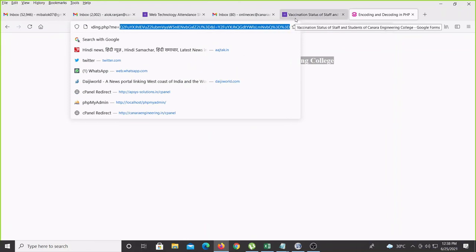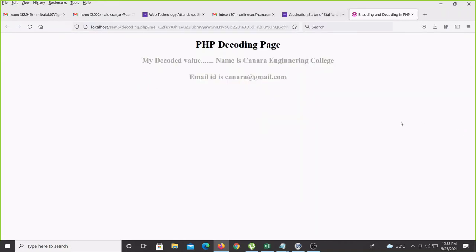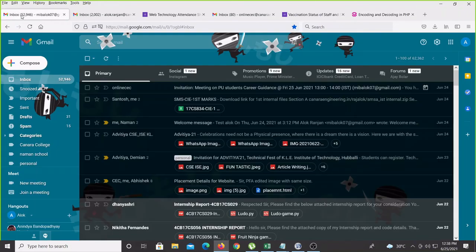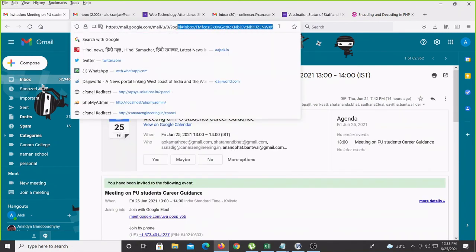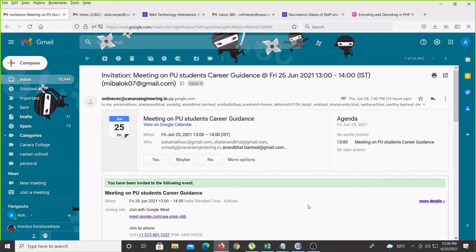Again there is some different technique. They will copy this string, apply it, and they can hack. That is a different thing. But the normal way, if you want to hide the value with the help of the inbuilt function, you can encrypt the value. You can see this in any Gmail also. I am just opening this mail, and you see an encrypted value is coming.